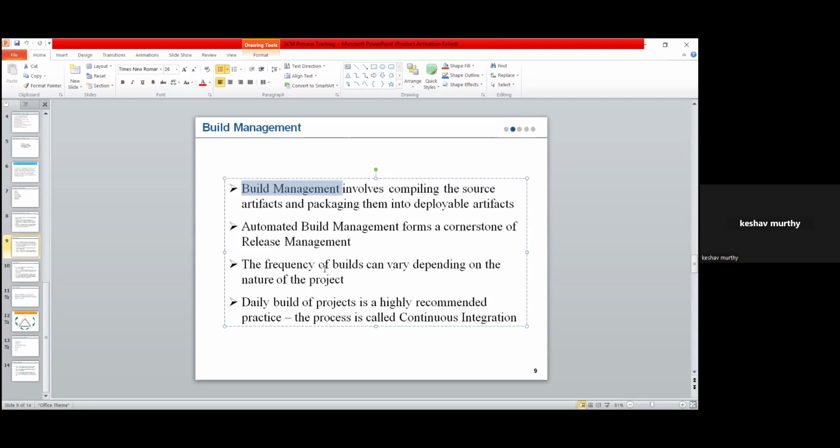Because if I depend on a single engineer, imagine that like 10 years before, there is a source code engineer. One person is going to work only on version control, and another person is going to work only on build management. That person is dedicated to the build. Normally you used to come in the evening, because you do the build only after development is completed.